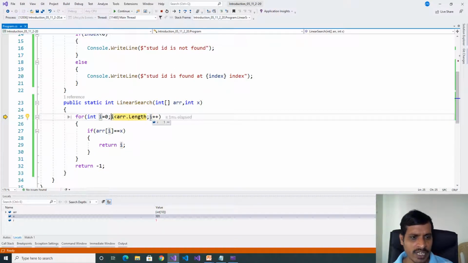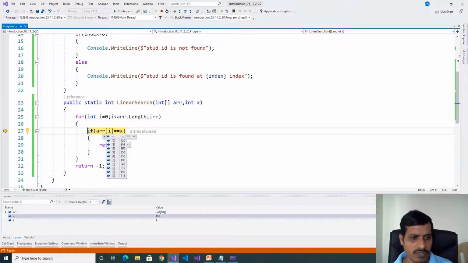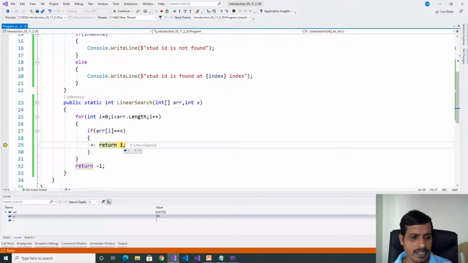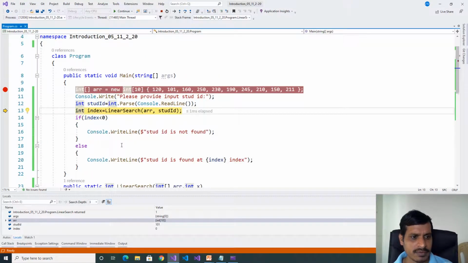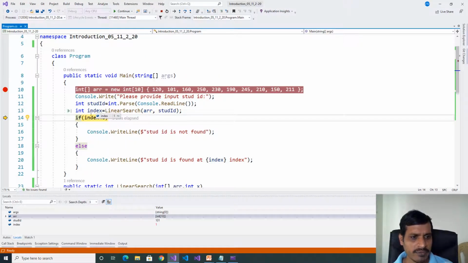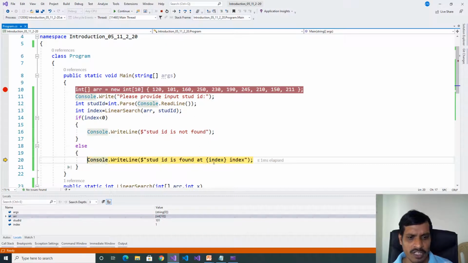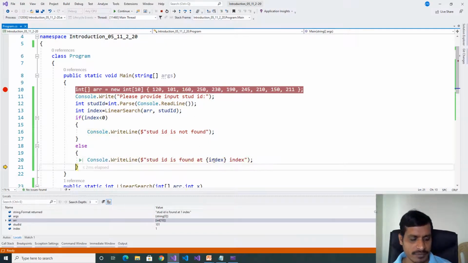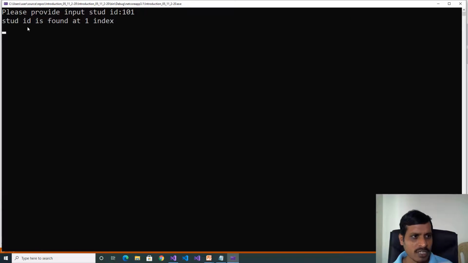Here i increments to 1. 1 less than 10, true. Array of 1 is 101. x is 101. 101 equal to 101, so we will return the index. Here index is equal to 1. 1 less than 0, false. It goes to the else part. Student ID is found at 1 index.